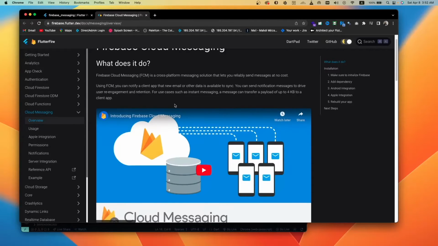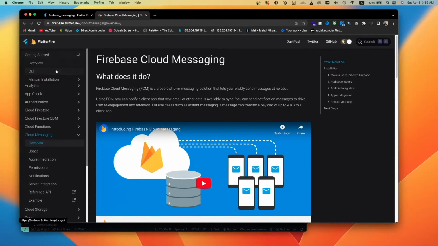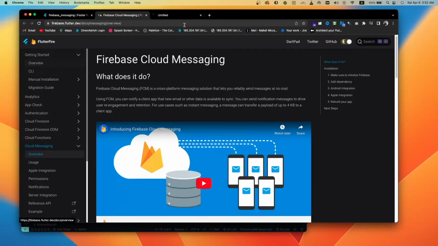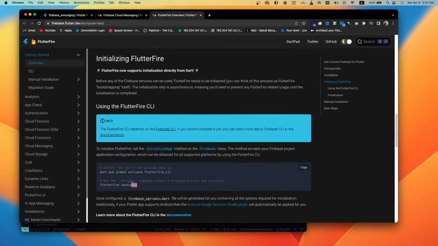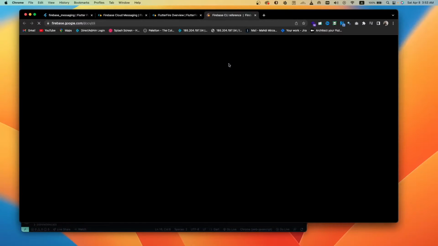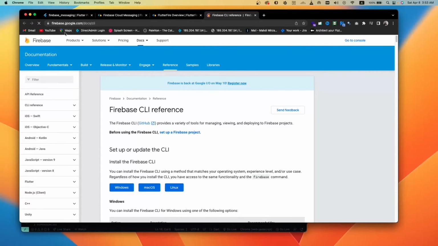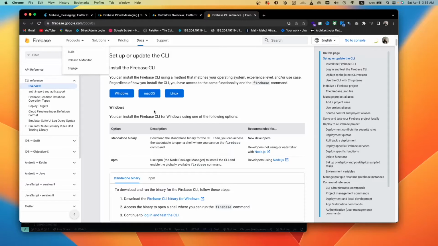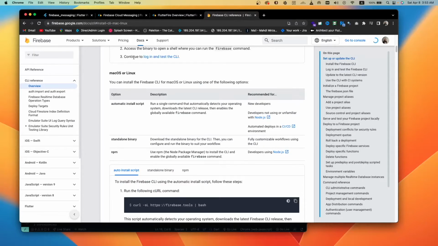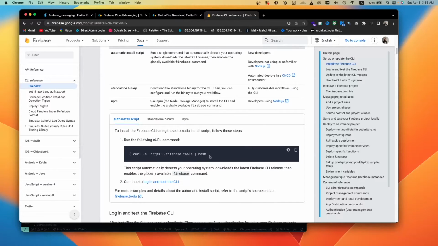Before checking this documentation, I wanna use this get started and overview. Here we wanna initialize our FlutterFire CLI. Before we can use this command, we need to add Firebase CLI. You can see this info, and in here you can see this is a Firebase website, and you can very easily add it in your application. For example, I use macOS, and in here I need only copy and paste this line in